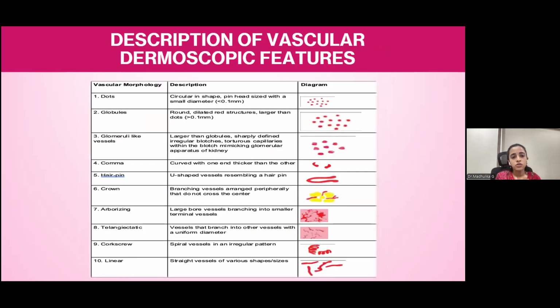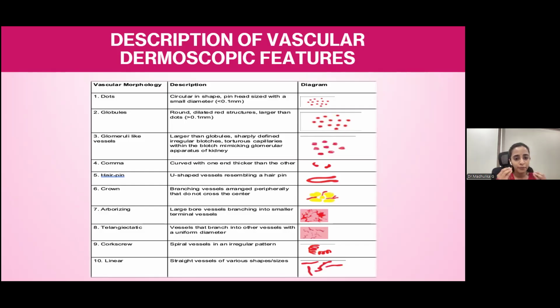So there are vascular and non-vascular features which become especially important in the context of papillosquamous disorders or certain carcinomas. So what kind of vessels do you see on dermoscopy? If you are taking a bird's eye view of the skin, and if the vessels are oriented perpendicular, you usually see them as dots or globules or glomerular-like vessels. But if they're parallel to the skin surface, you see them as more elongated vessels. So basically dots, again, less than 0.1, globules are more than 0.1 in size, and glomerular-like vessels, which are